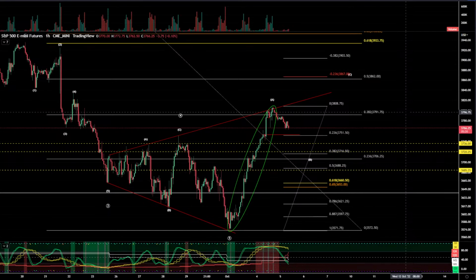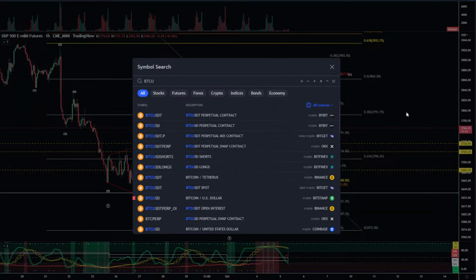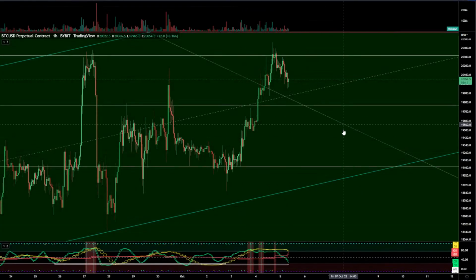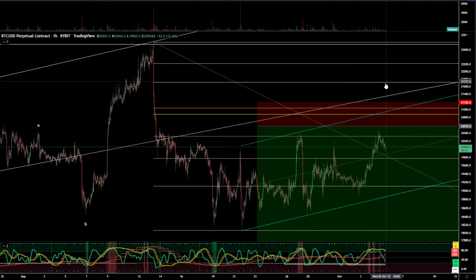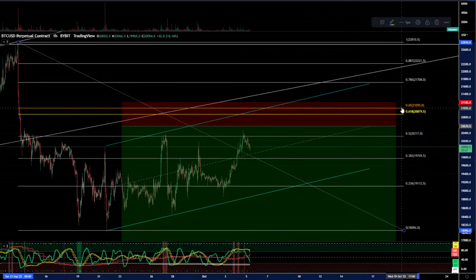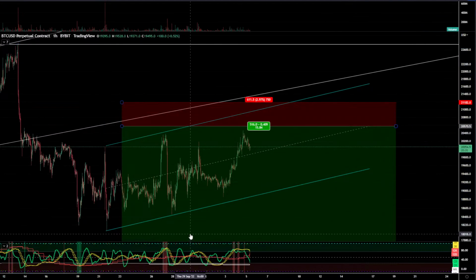I'm going to throw a little bit of a bone out there to anybody that's into crypto. We've been talking about this for a long time. This P&L that I've got on here hasn't changed since all the way back here on September 23rd when I put it there. The price was all the way down here, and I said the chances are pretty good that we're going to go up to